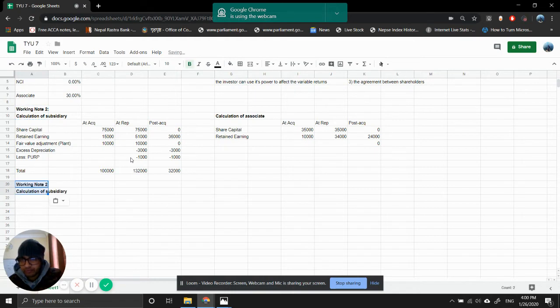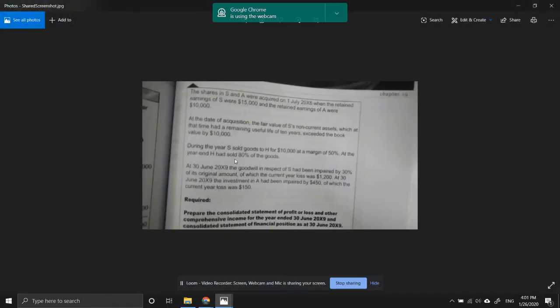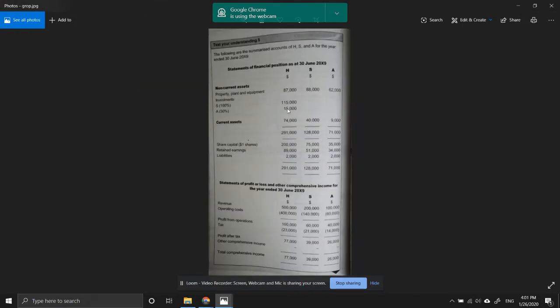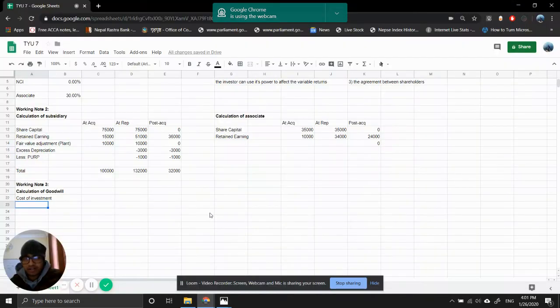3. Calculation of goodwill. So what's our cost of investment? In this particular question, we are not given cost over here in our additional information, but we have been given the cost in non-current assets investment. So this is always a good trick to find out. Sometimes if it's not given, then this is where you look. Okay, so 115, so 115,000, and then after that fair value of